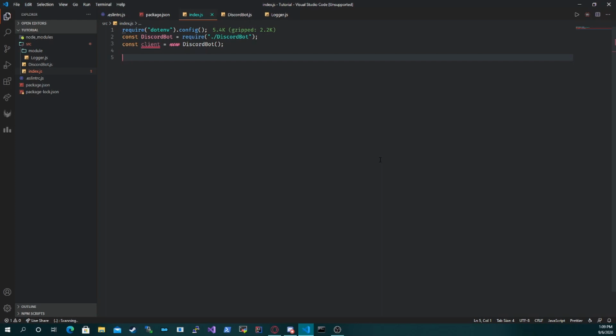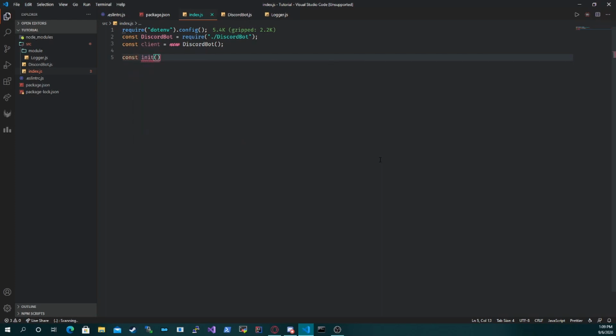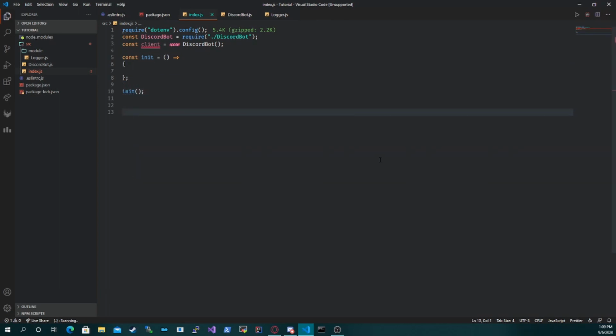Okay, and then what we're going to do is a const init. This is going to be equal to an arrow function. I do need to make this lowercase. Then we just call on that, and that's it. Okay. Now what we're going to do here is basically do client.login, and we're going to do